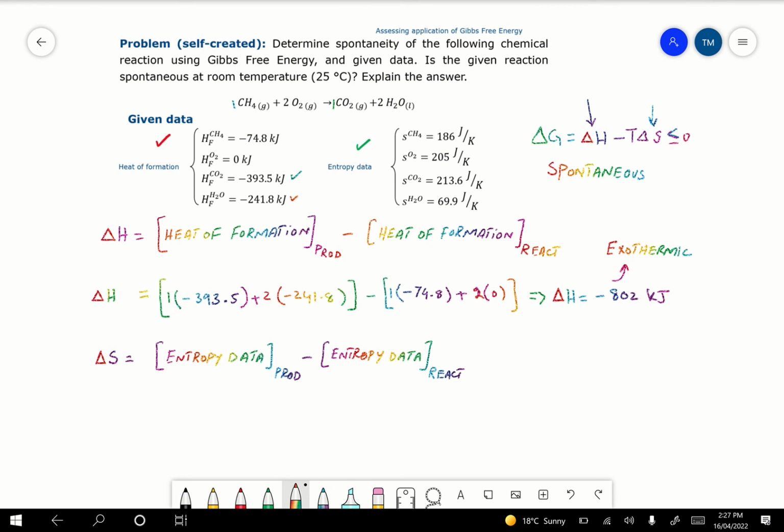So this is the same rule we can calculate following the same steps. So delta S is equal to,